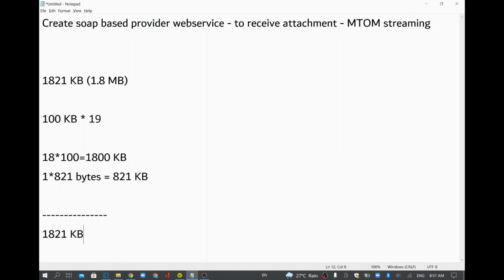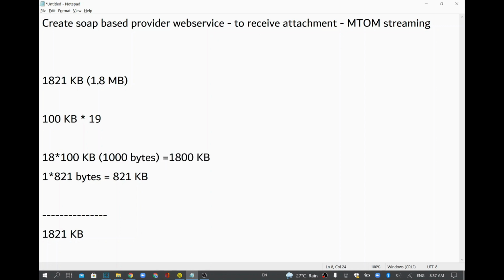And also, if you see here, there are chunks, different kinds of data received at different times. We will be receiving 18 times 100 KB data. I'll put this also in bytes. Okay, so 100 KB, I just put it like this. So this is KB, or it is equivalent to 1000 bytes.